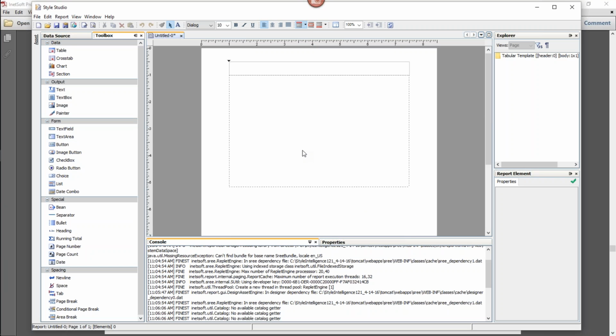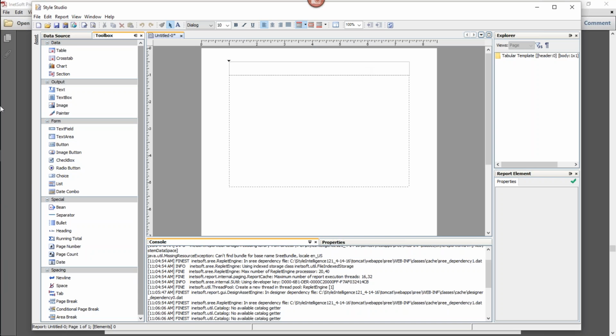There are different types of headers, but the standard header basically gets repeated on every page of the report. So if you put something in this header region, whatever you put up here gets repeated at the top of every page of the report. In many cases that's desirable. In cases where that's not what you want, there are alternative types of headers that you can select. All right, there's a first page header, even page, odd page, and you can also set up custom headers that only appear on certain pages.